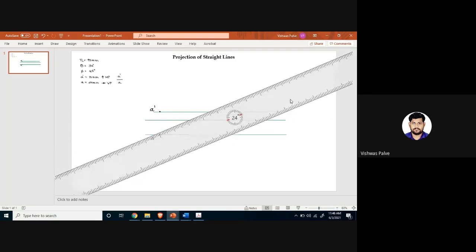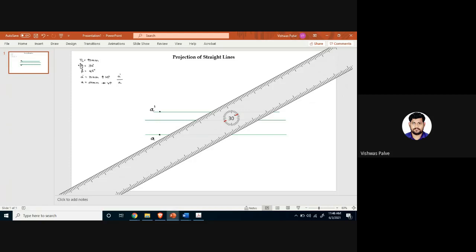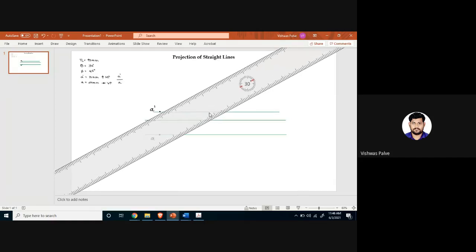This will be quite difficult for you to understand now. Let us consider first, we have to draw a 30-degree inclined line, theta. So theta, we are going to see it in which view, front view or top view? Whenever it is inclination with HP, it will be seen in the front view. Theta is always seen in front view because it is the first angle projection method. So from this point, you have to draw a 90 millimeter line.